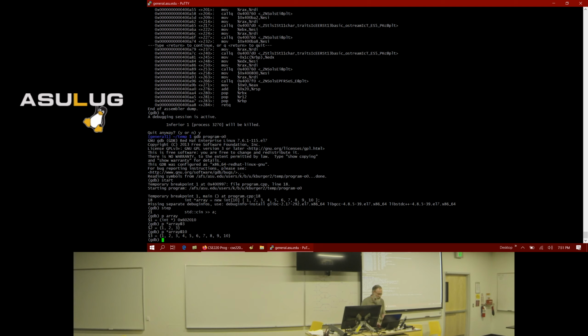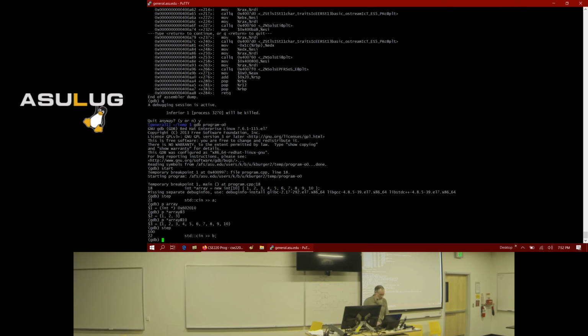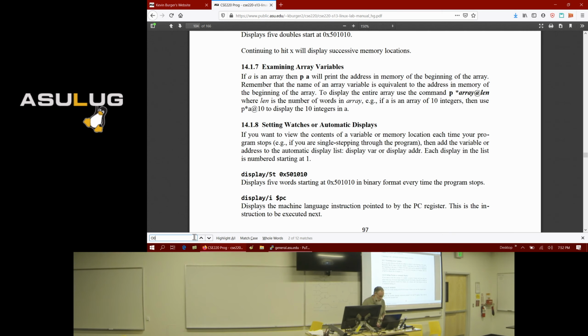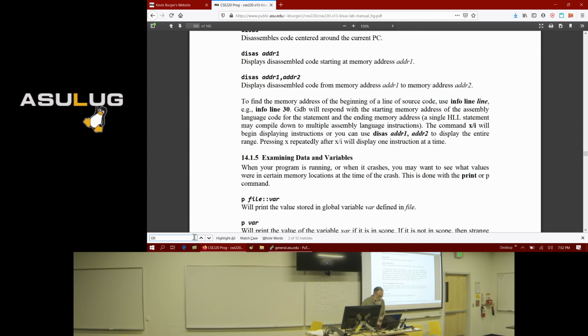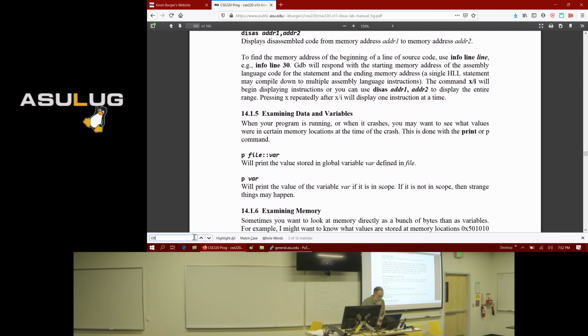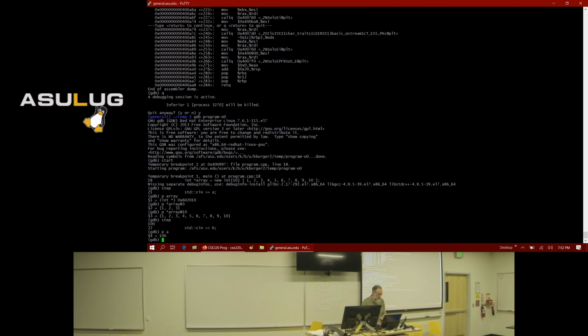If you just want to print the value of a regular variable, let's step again. The next line of code is going to read the value of A. So let's step. Now notice that GDB's sort of just hung up right now. It's waiting for me to type input. So I'm going to type in 100 and then press enter. And now let's look at the value of variable A. I think the command, it's been a while since I've used GDB. Yeah, just P variable, print for variable. So PA will display the value of A, which is 100.